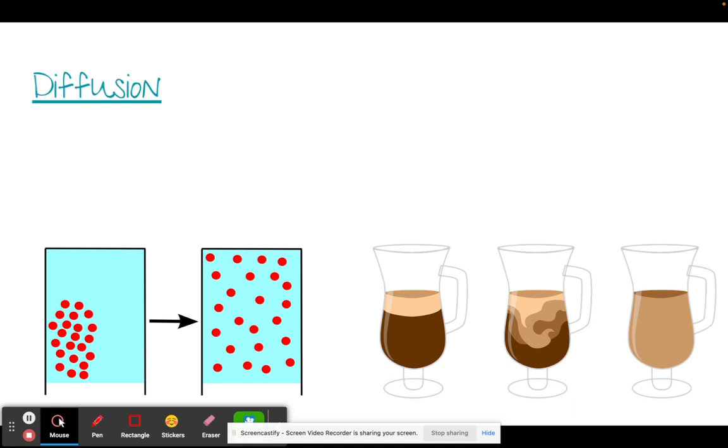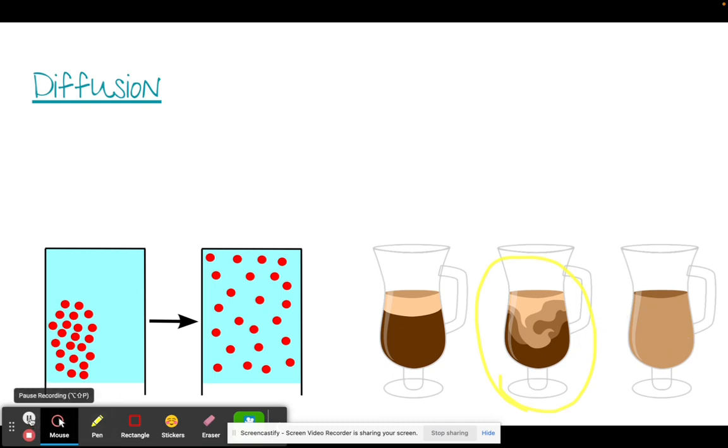Now, I know I brought this term up when we were discussing active versus passive transport, so this is going to further explain what diffusion is and how it actually works. If you've ever taken a cup of coffee and dropped some cream in it and just let it sit, you may notice, like in the second picture here, that the coffee will start to almost be swirled with the creamer. And if you still don't continue to stir it, eventually through diffusion, the creamer will be spread throughout